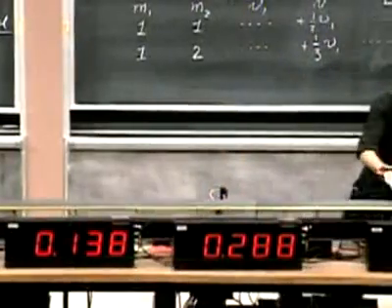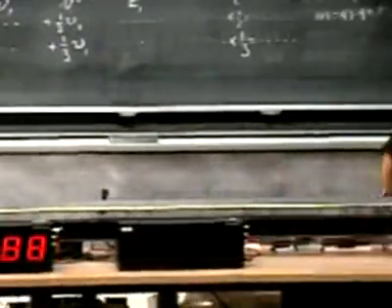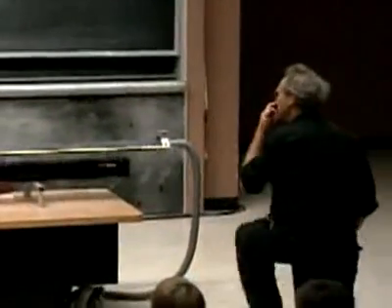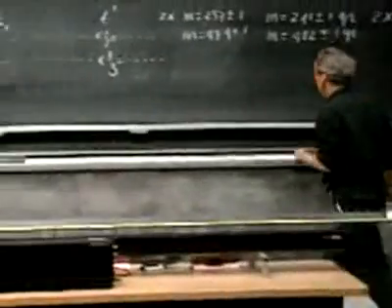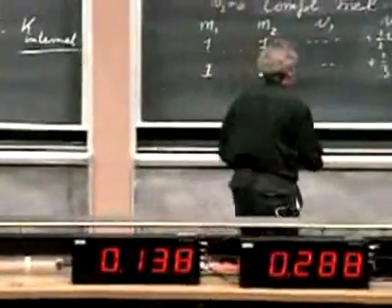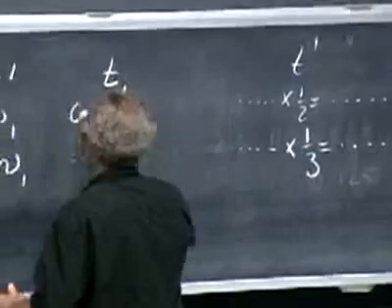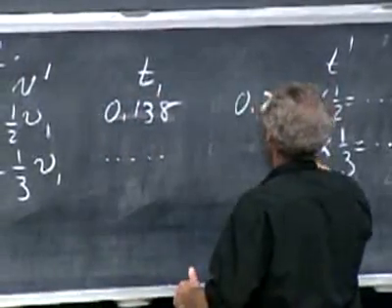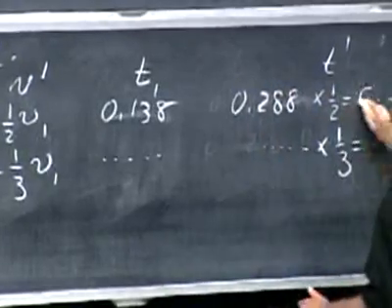All right. What do we see? 1, 3, 8, 2, 8, 8. Divide this by 2 is